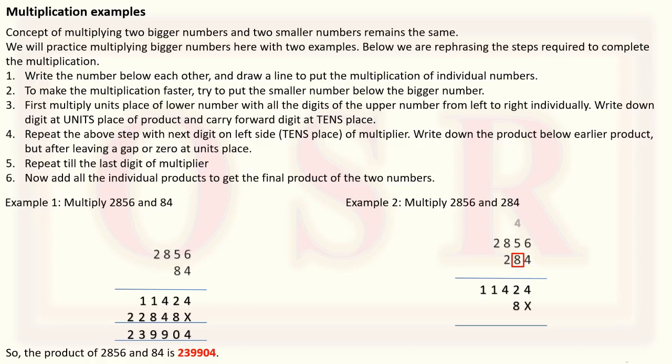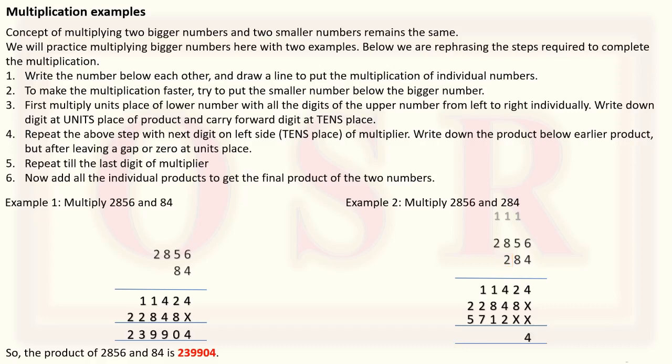Next, pick up the tens digit but put a x or 0 in the units place, right? Again, when we pick the third number, that is 2, we have to put 2 times x or 2 times 0 and again write the individual products, something like this. Finally, when we are done with multiplication, we have to start adding. Adding we have already covered, so it should be very simple.